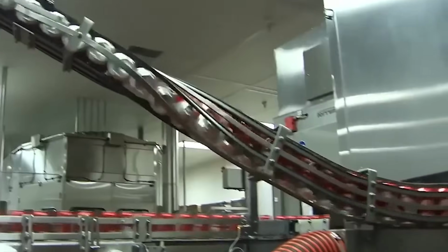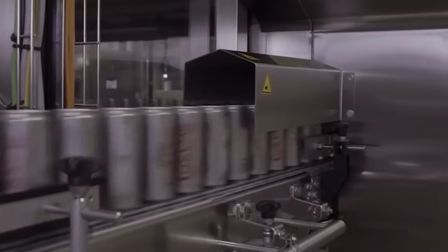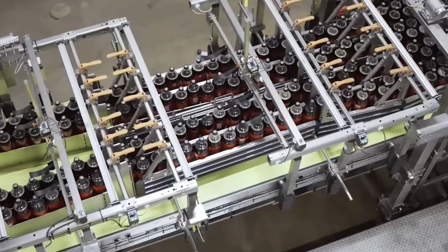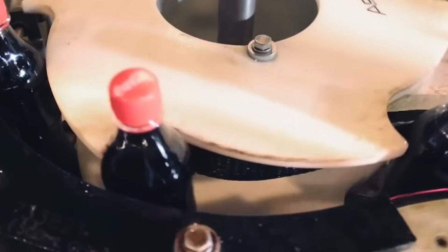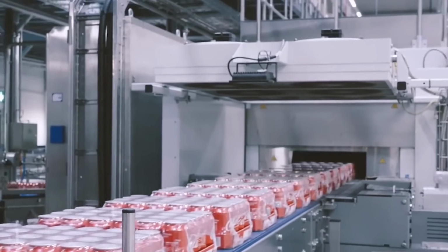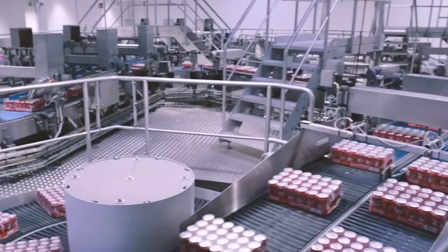Once the containers are filled, they are sealed with caps or lids, ensuring that no air or contaminants enter the drink. This step is performed at lightning speed in large factories, with machines handling the tasks of filling, capping, labeling, and packaging as quickly and efficiently as possible. Afterward, containers are carefully packaged into crates, which are then shipped to distribution centers. From there, Coca-Cola makes its way to stores, restaurants, and vending machines worldwide, ready for consumers to crack open and